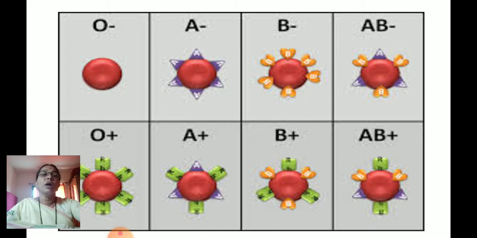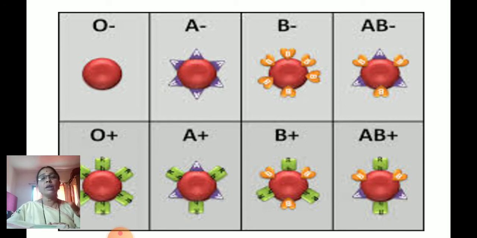The RH group is also there, meaning positive and negative. The RH group is present in some people and absent in some. If the RH group is present, then we say the blood group is positive. So if the RH group is there on O blood group, we say that person is O RH positive. If the RH group is absent, then that person is O RH negative. RH groups are there for every blood group.